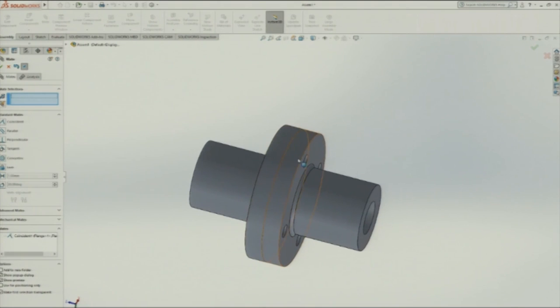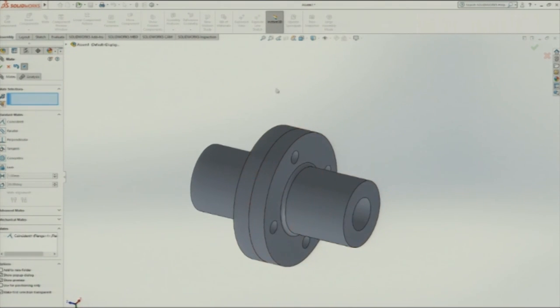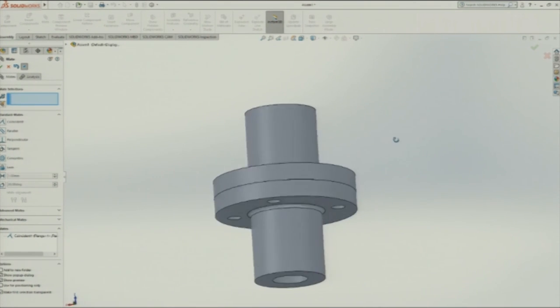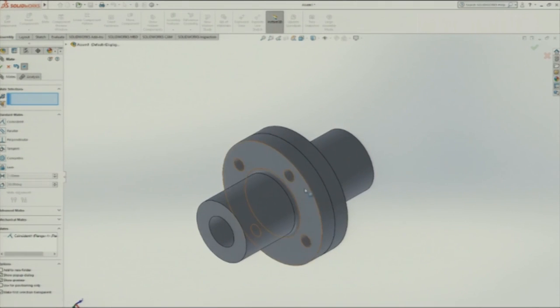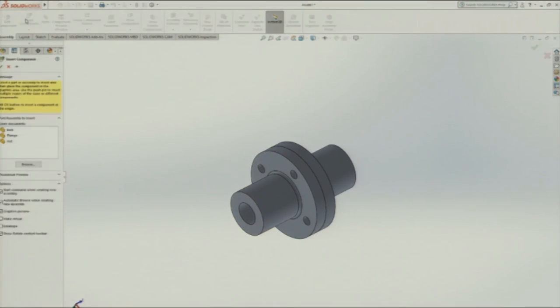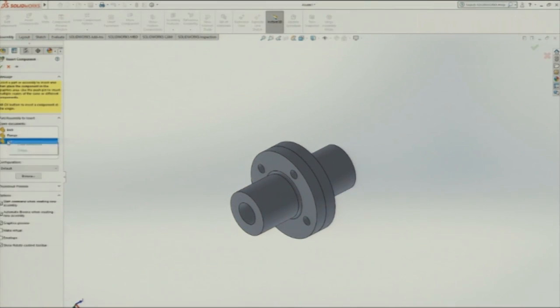So, the mate has happened. So, now the flange setup is ready. So, it is mated. Now, I need to insert components again. I need to insert nut and bolt. So, I will insert nut here